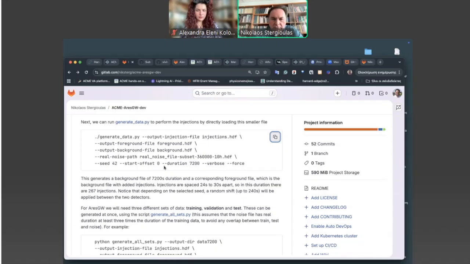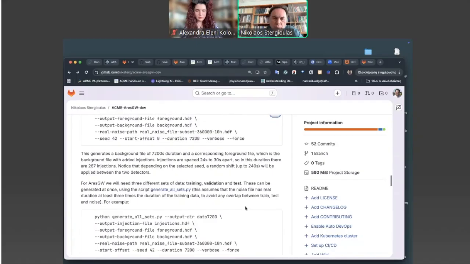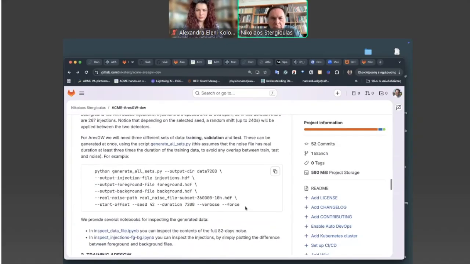And then in the end, you need an independent test set where you can evaluate afterwards the false positives, the false alarm rate, and create different sensitivity metrics. So we need to run this 3 times. All these 3 must be independent.